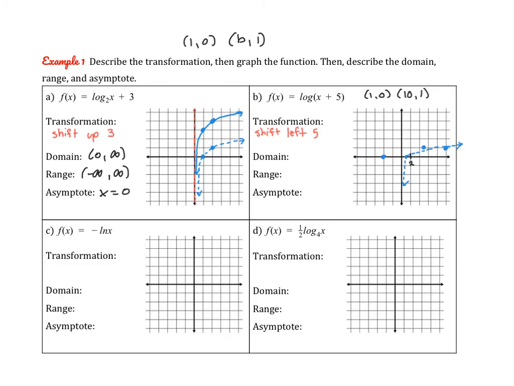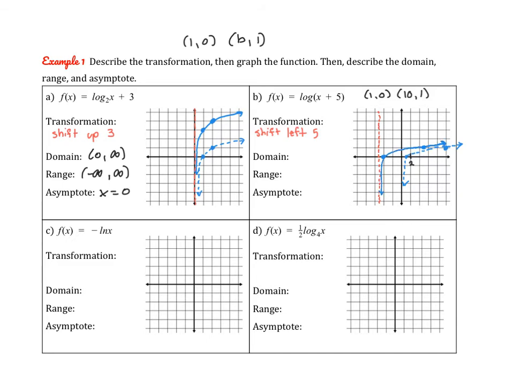And that gives us, oh, and then we're also going to be shifting our asymptote to the left 5. So it was at x equals 0, so then we'll go 1, 2, 3, 4, 5. So now it's going to be at x equals negative 5. And I would draw that in first, so when you sketch your graph, you make sure not to cross that